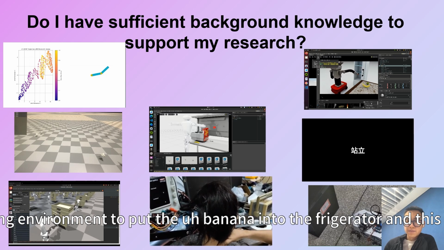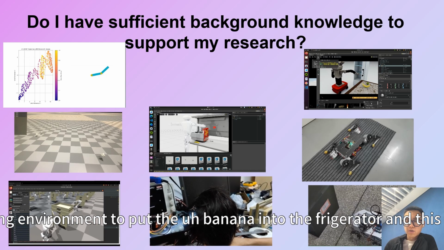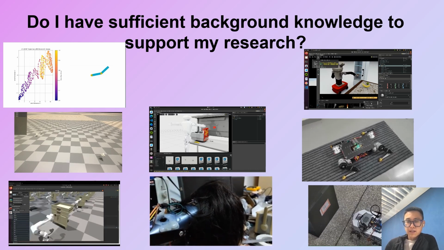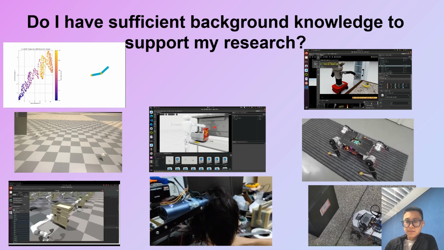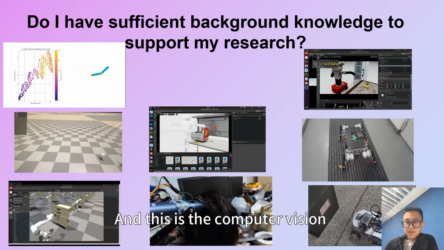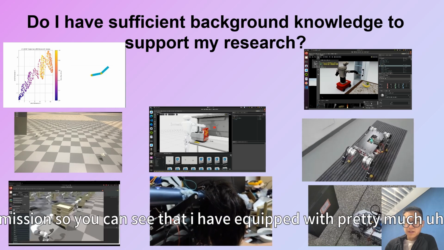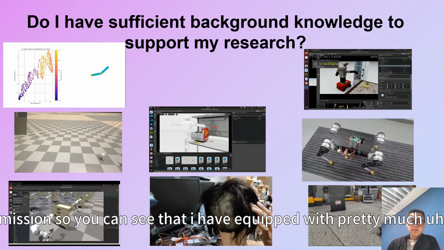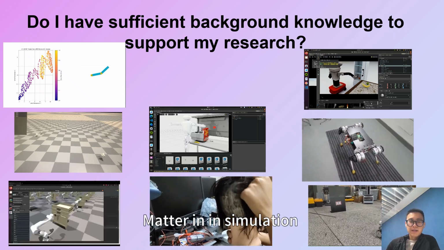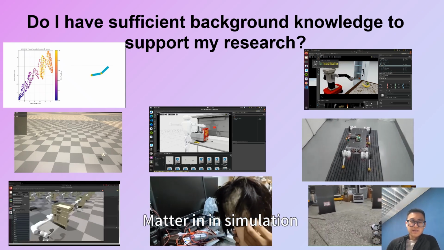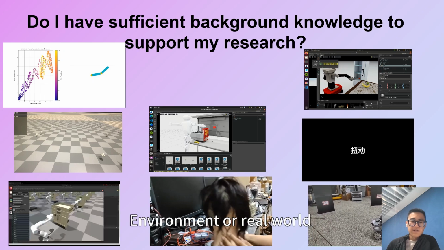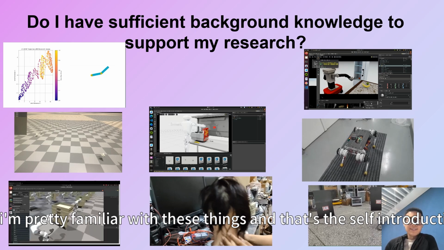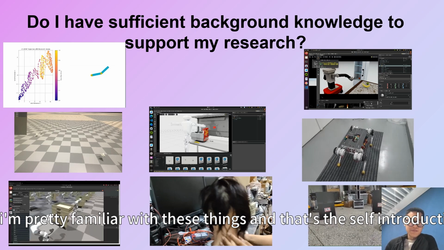And this is about the quadruped robot dog. And this is the computer vision mission. So you can see that I am pretty well equipped, whether in a simulation environment or a real world environment. I'm at least pretty familiar with these things.